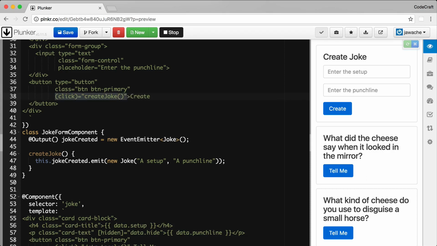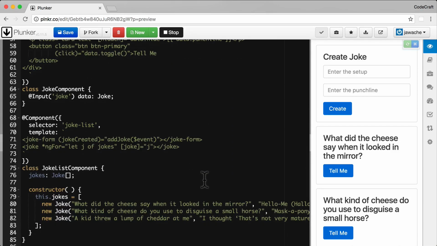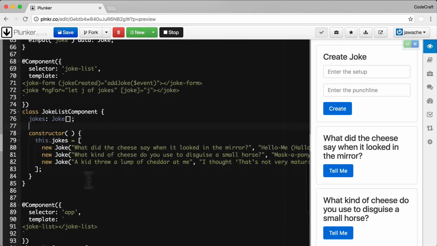So to do that, we bind to the output click event from the button, and when that gets emitted, we call our createJoke function. And also, although I've written up how our joke form component is going to be consumed in our joke list component, we actually need to implement the add joke function. So if I scroll to the bottom of my component here,